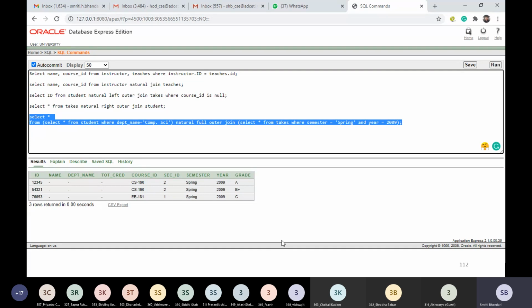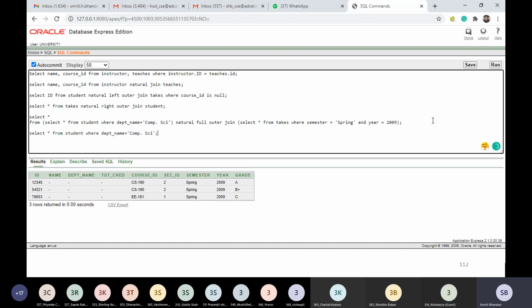Department name. So we have spelled it incorrectly. See here what we are getting. So we are getting this data. So this ID first and second, right? These students belong to computer science department. So let's partially look at this result.